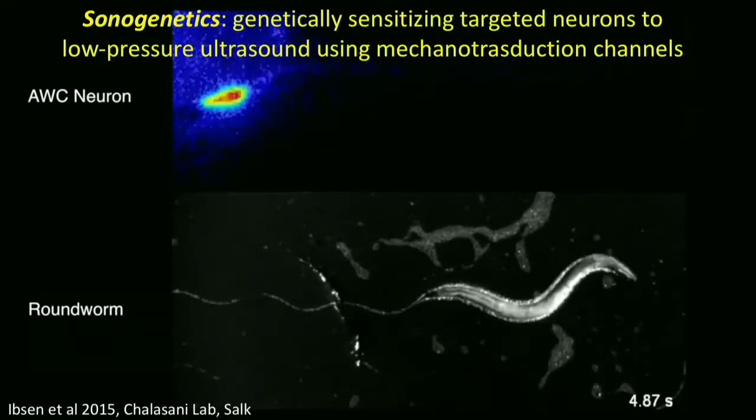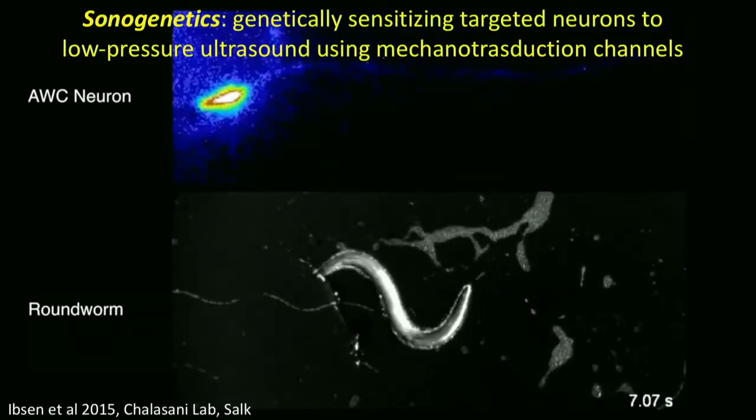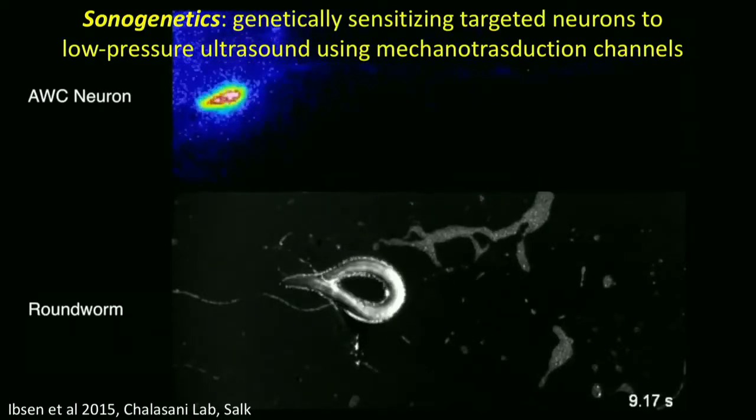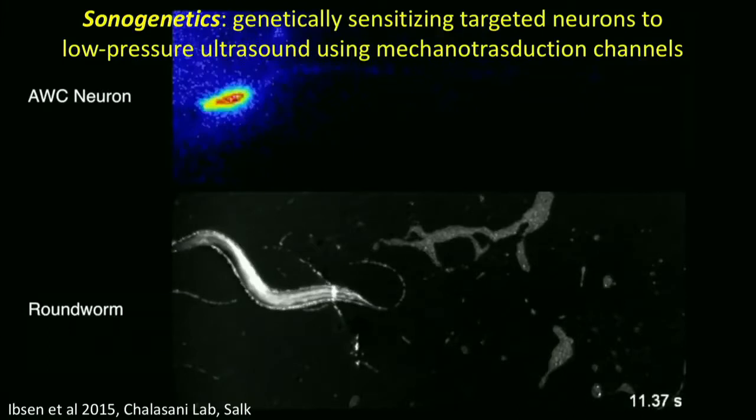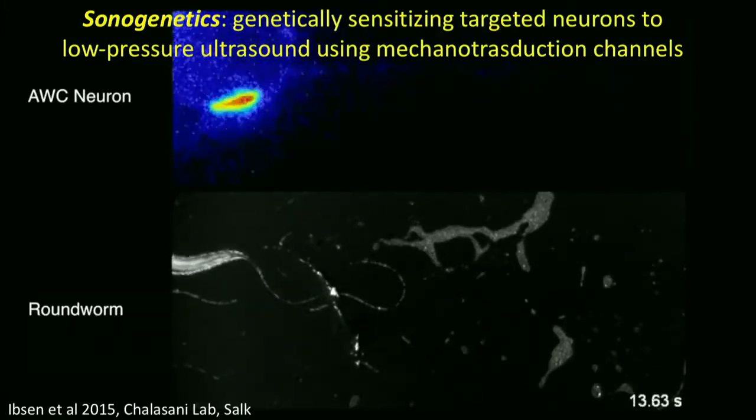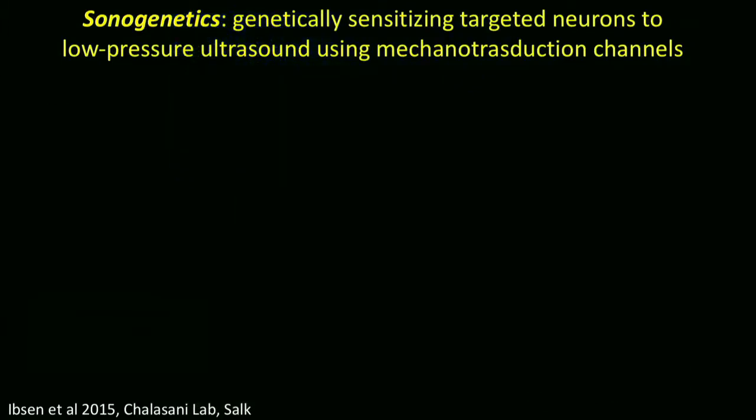And now, when you see this round worm is moving in one direction, there's an ultrasound that was applied to the outside of the worm, and it's now able to manipulate those genetic channels on the inside of the worm's brain and change the direction in which it moves. So we're slowly beginning to move into a realm in which we can actually modulate the brain from the outside.